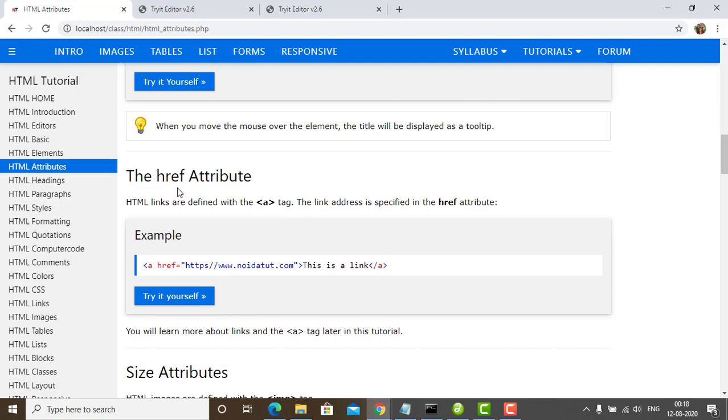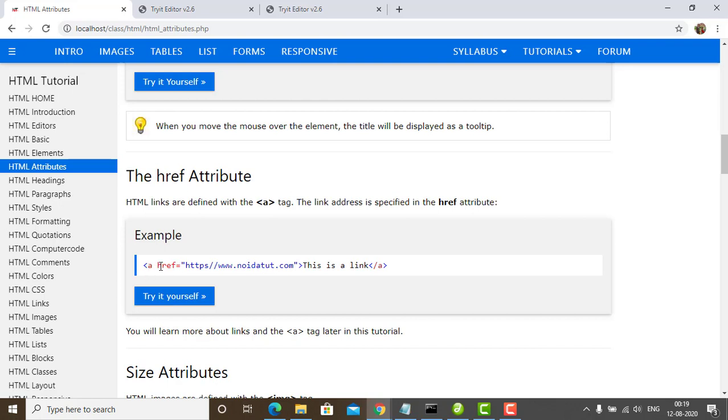Now the href attribute. In our previous tutorial we have seen how we can create a link in the anchor tag. This is the anchor tag, and href is the attribute. In href we specify the path of the file or any link of the file, which I have discussed in my previous chapters.